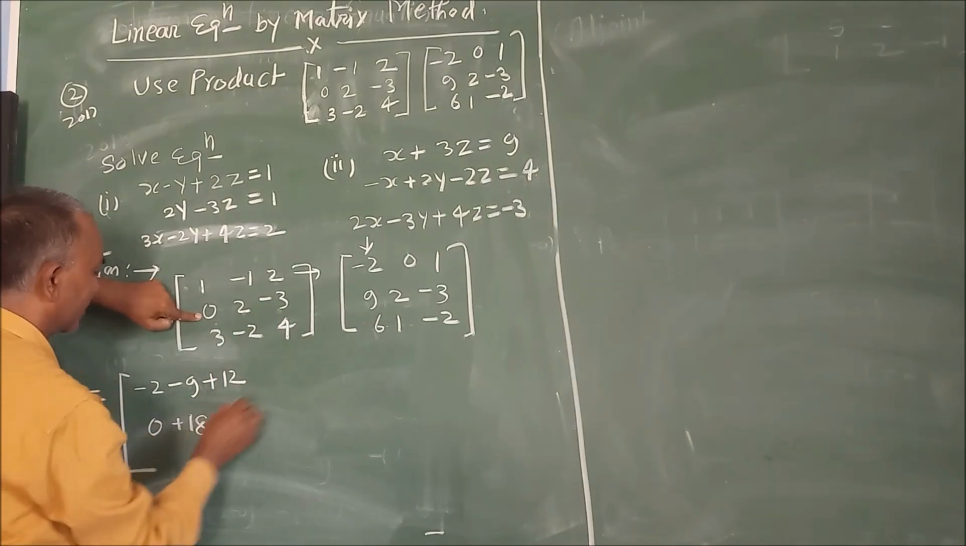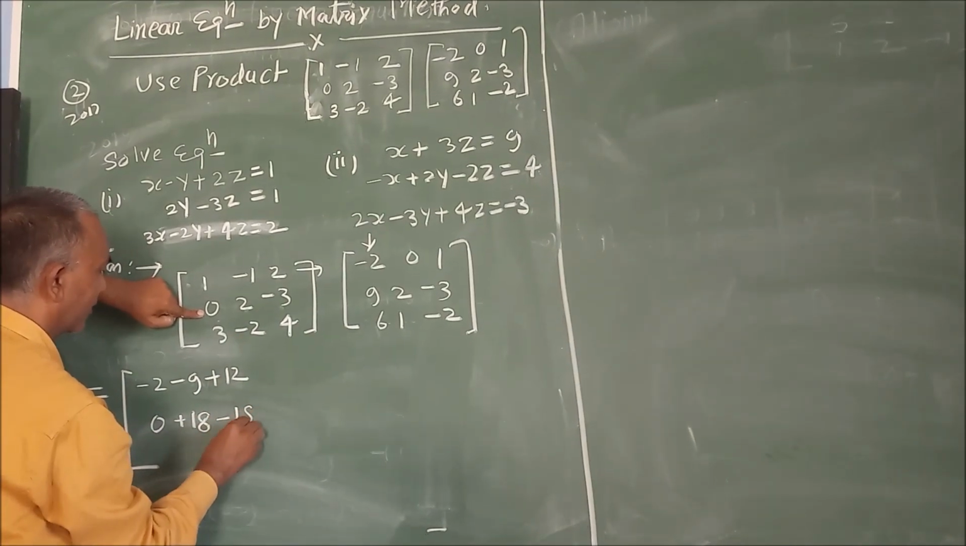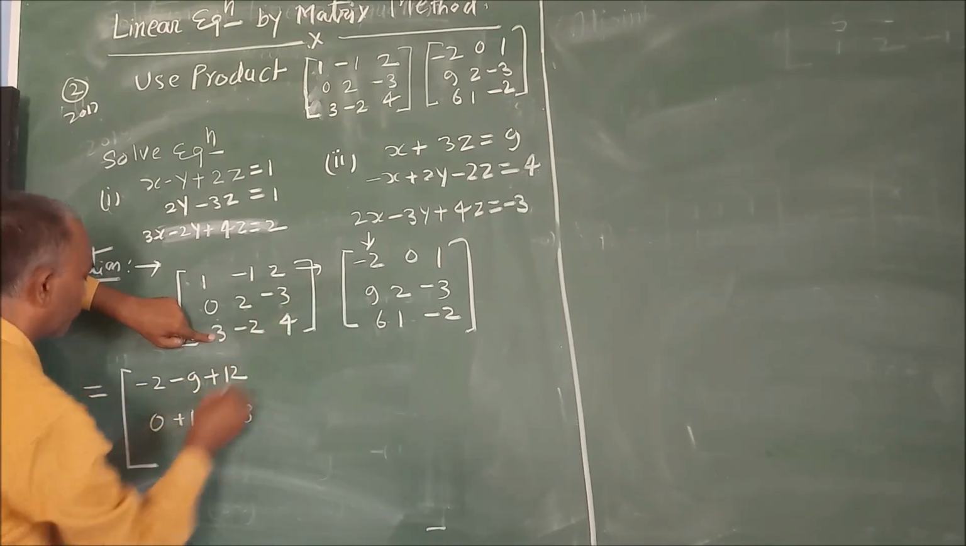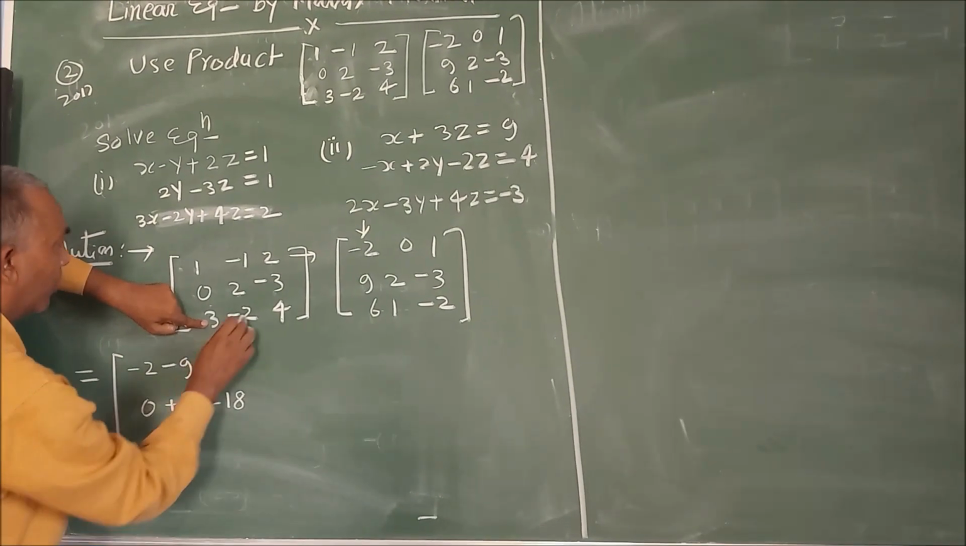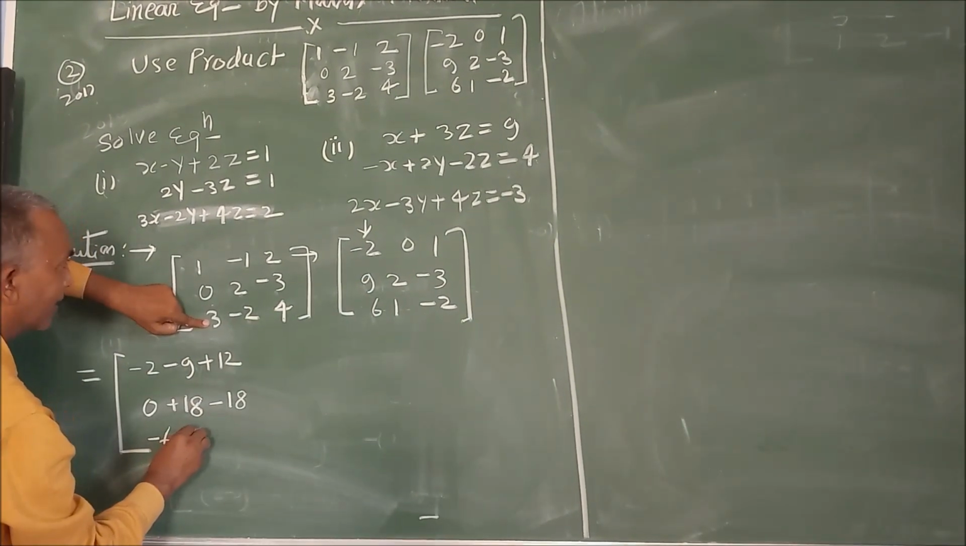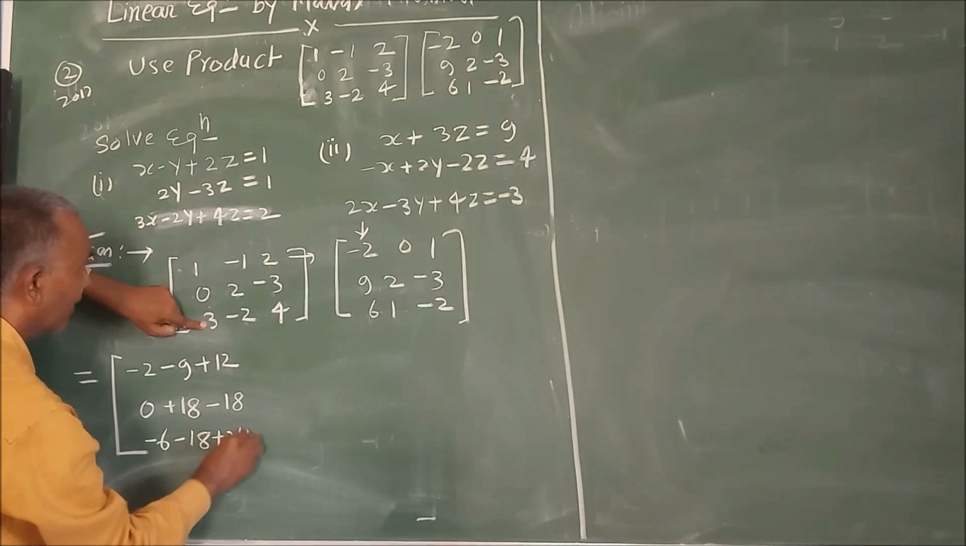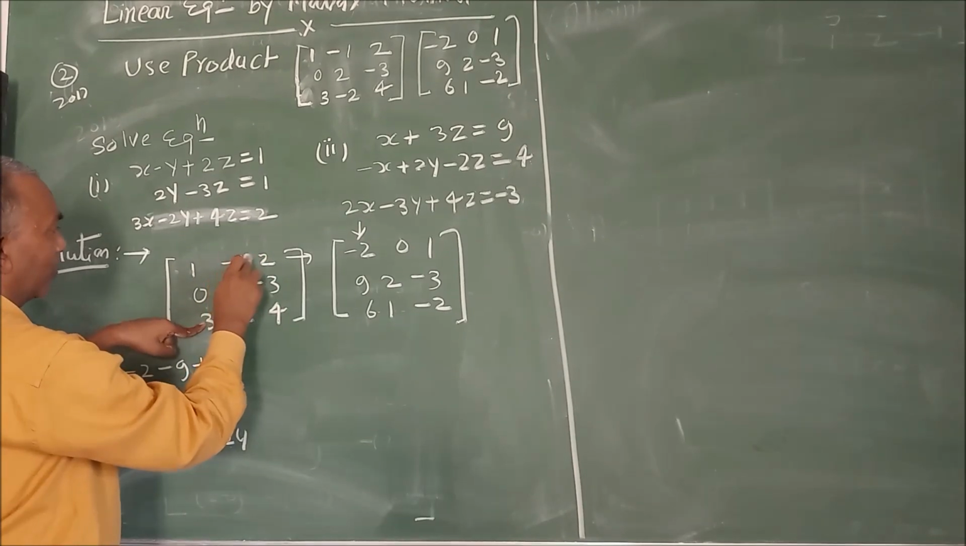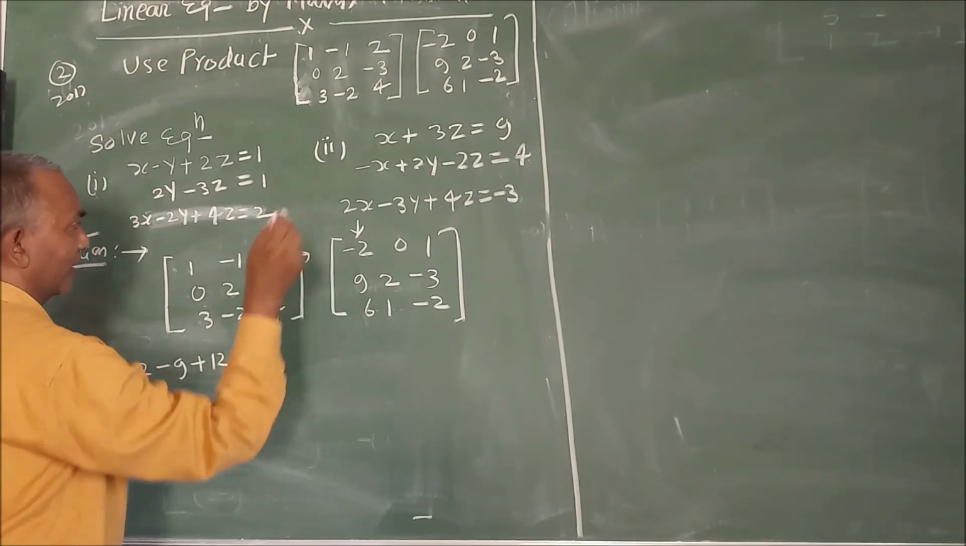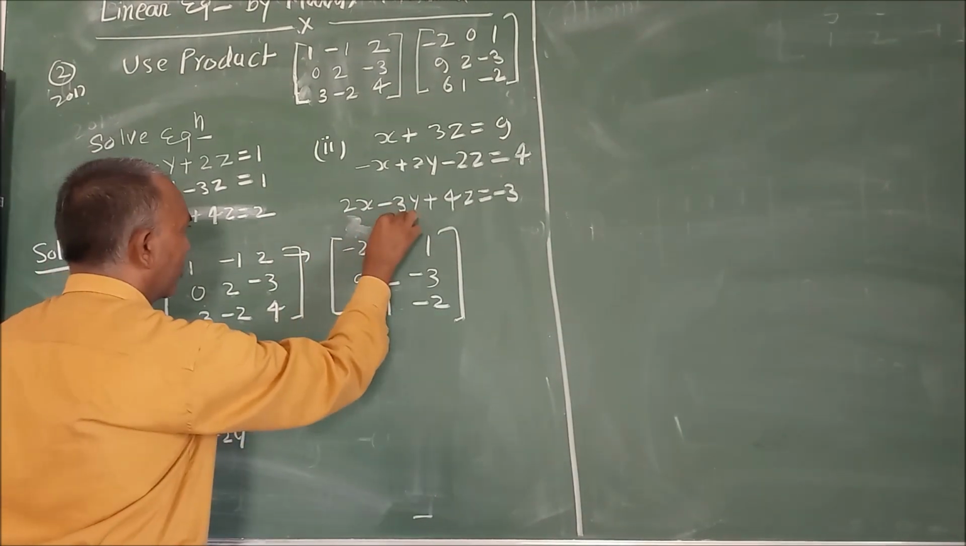And minus 3 into 6, this is your minus 18. And after that 3 into minus 2, minus 6, minus 2 into 9, minus 18, and 4 into 6, this is your 24. So we will get multiply R1, R2, R3 to C1, and after that we multiply this